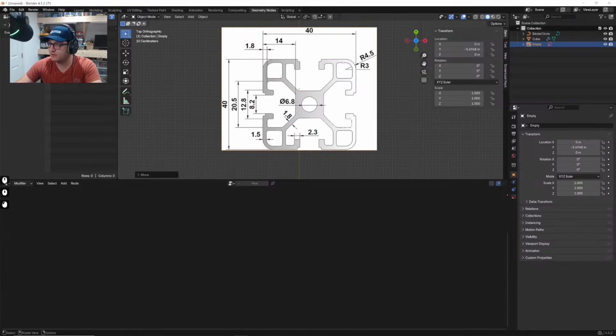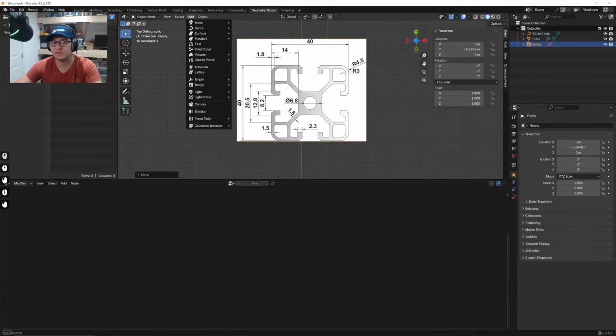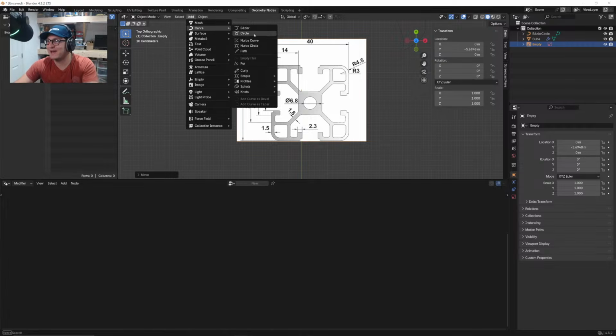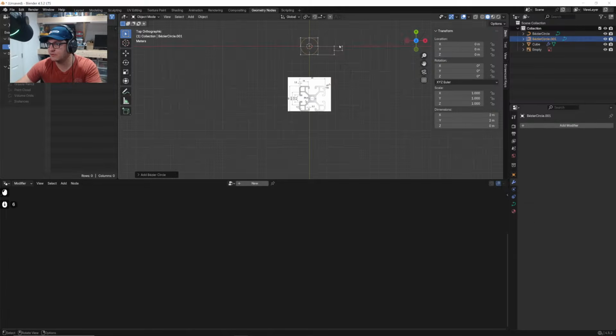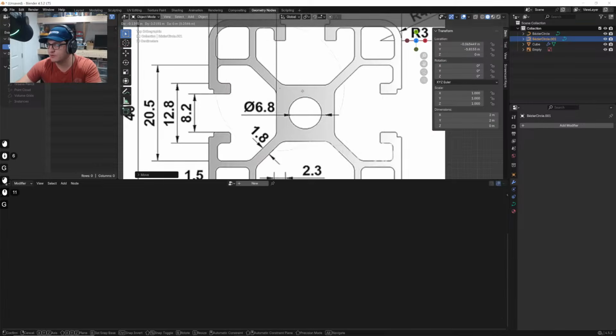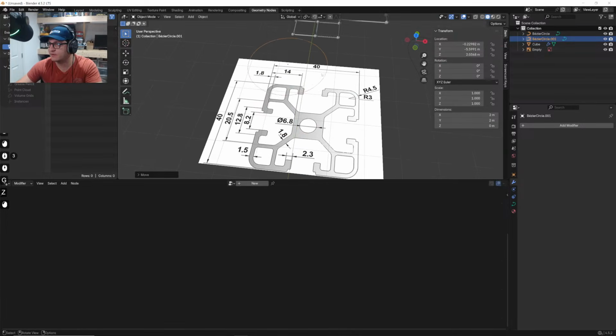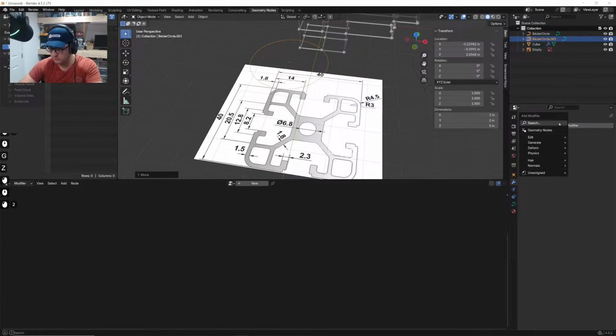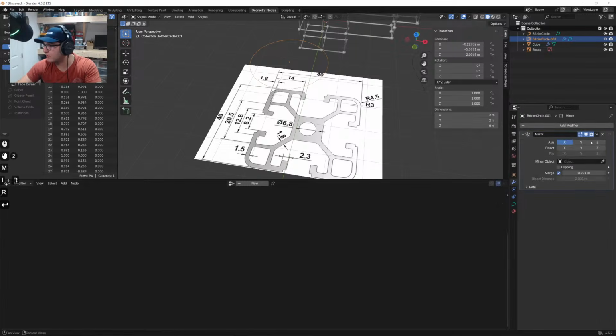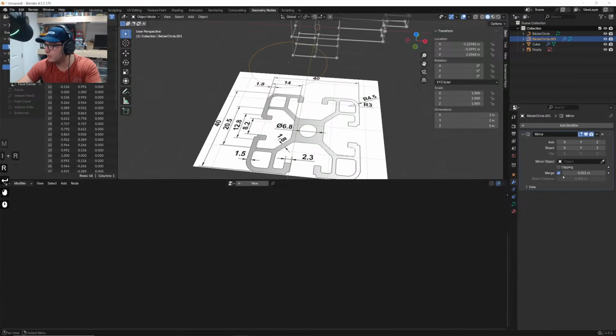So I love this because I already know I'm going to try to make this as exact as possible. It may not be perfect, but we'll see what we can do. Let's go ahead and add in a curved circle. I'm just curious if we have the mirror modifier set up, if it will work. Mirror on the X. And we'll use our mirror object as,